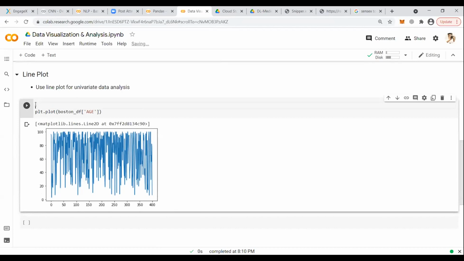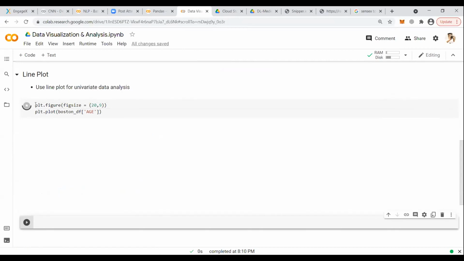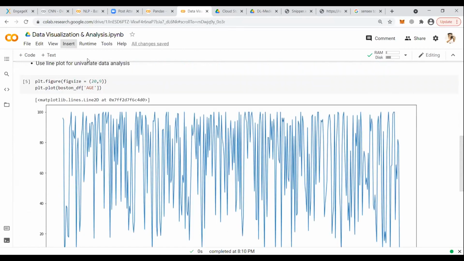Here in this case, we will be having plt.figure, with 20 on the row and 9 on the column.